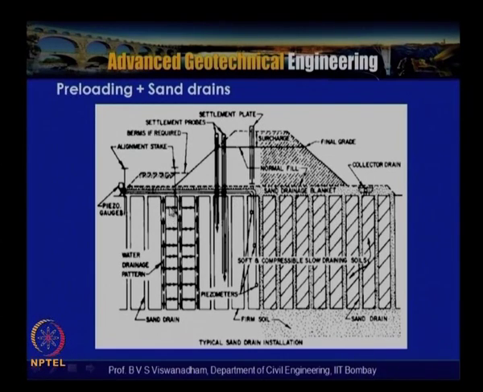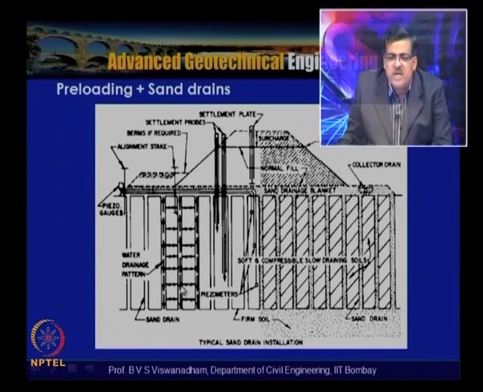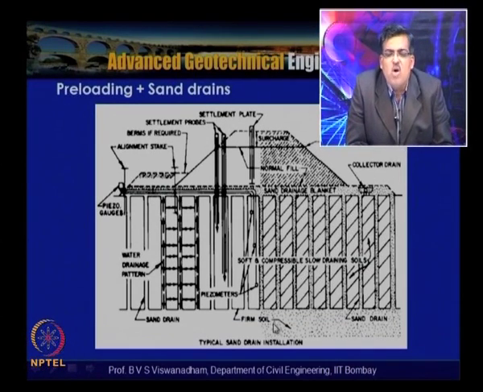What is shown here is that you can see the water migrates; this is the drainage path for this, and this is the drainage path for this. So this drain facilitates the water, and in the case of double drainage, water flows in this direction and water flows in this direction. Because of this, a combination of coupled consolidation happens, where the radial consolidation and the vertical consolidation happen simultaneously.